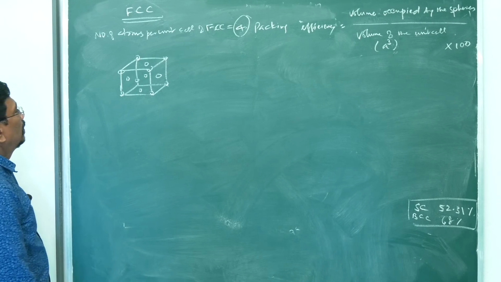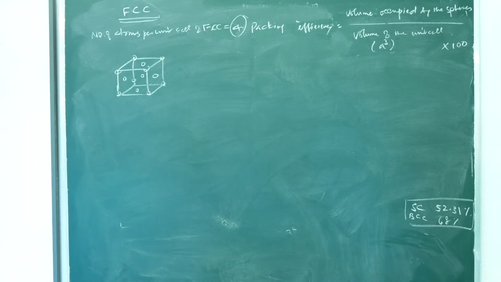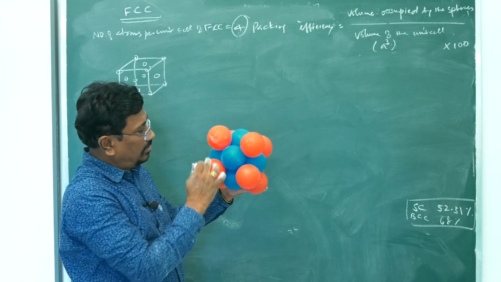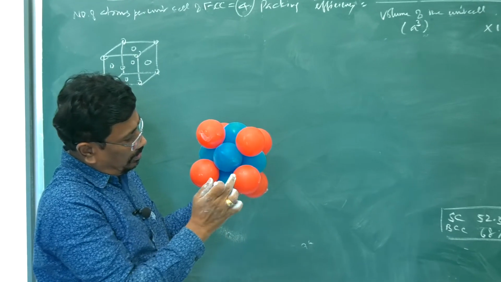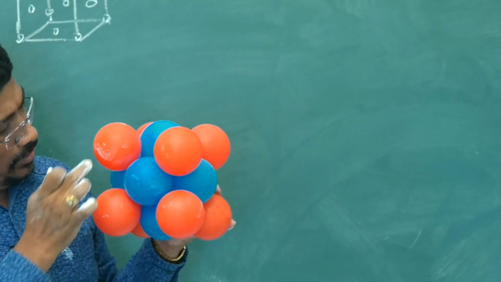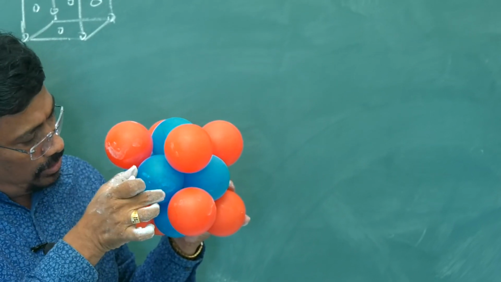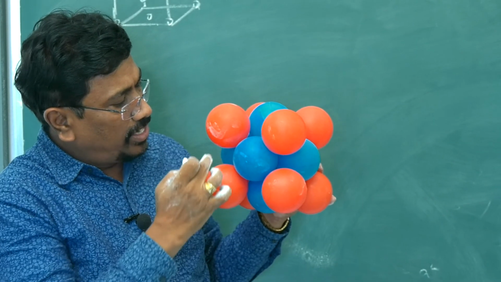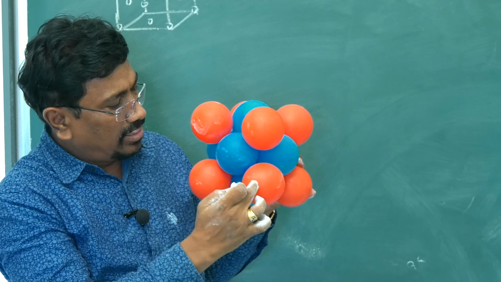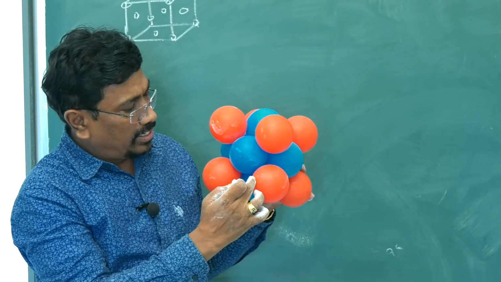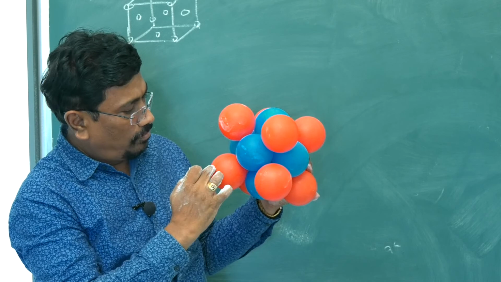Now, let me show the face-centered atom. This is the face-centered atom. This is the face. 1, 2, 3. 3 atoms are touching each other. 1 radius, 2r, 1r. So 4r. This is equal to 4r. Just we are going to calculate this length using Pythagoras theorem. Alright, we are getting a right angle triangle. One face triangle. Simple.